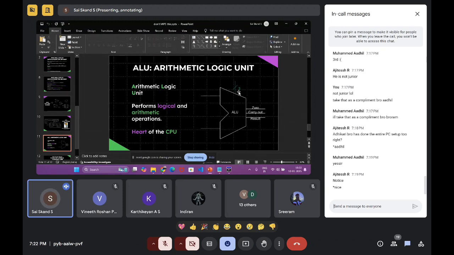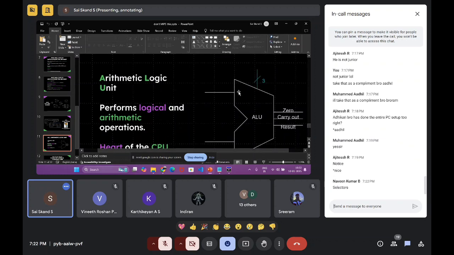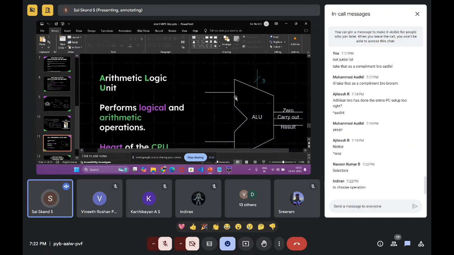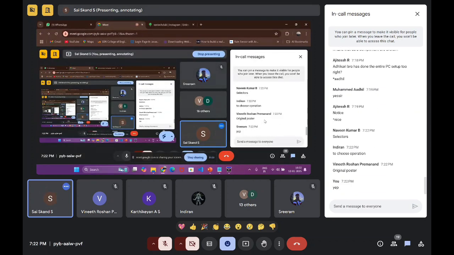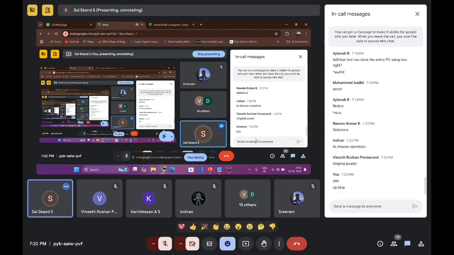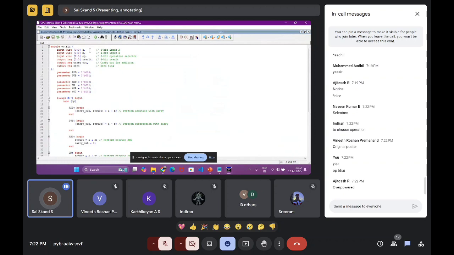Just by looking at this, you can tell me what OP is. Come on, guys. Yeah, to choose the operation. Right. So we are going to choose operations with this.